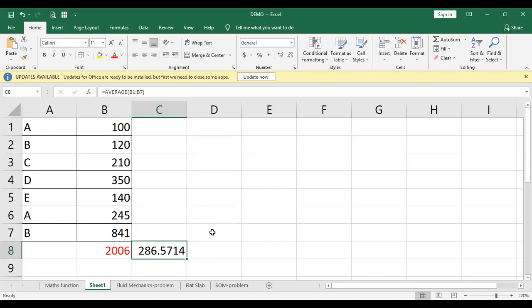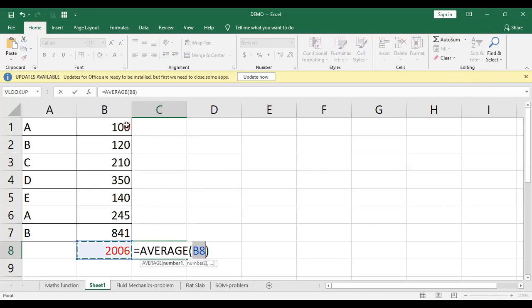Again, the second method is to go to this auto sum option, click on here and click on average. Automatically it has selected only this part.